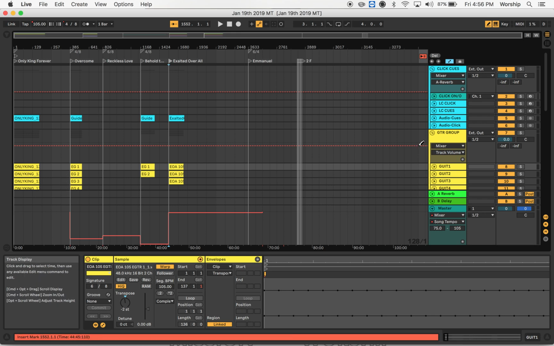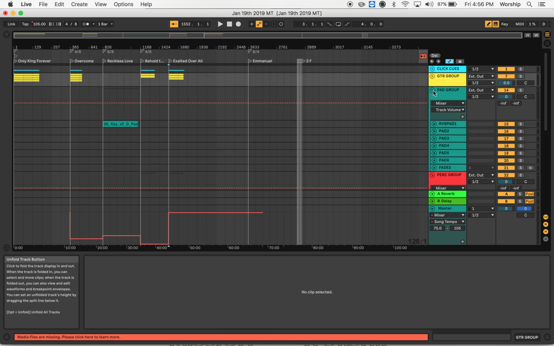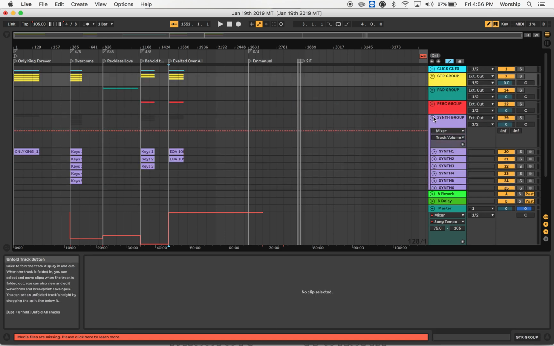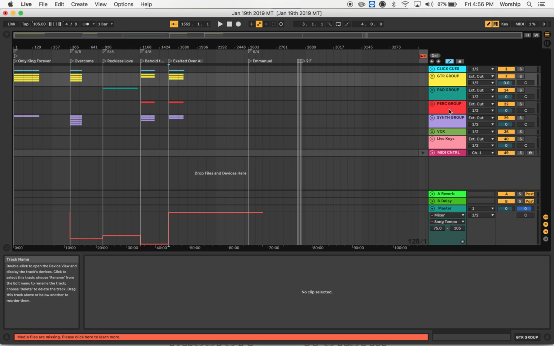And you can see here, if you click on all of these groups, there's a guitar group, pad, percussion, and synth. Adam has loaded these tracks into the individual songs that go with each one of those things.